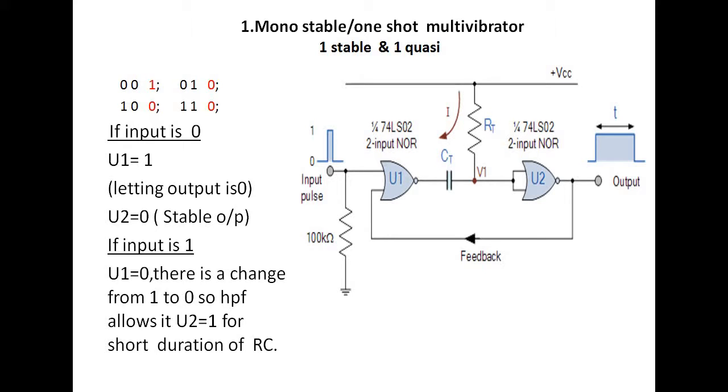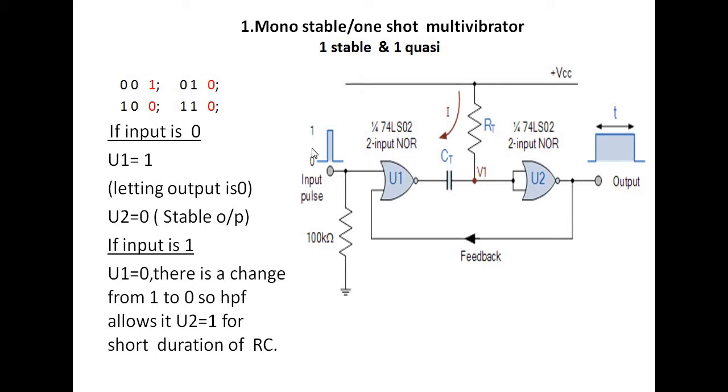Right? And one of the inputs is left free for us to change the states from high to low. So let us assume the input is 0. If the input is 0, the output of U1 is going to be, as one of the inputs is 0 and the other input is 0, 0 0. For 0 0 inputs, the NOR gate produces output, so the output of U1 is 1. The same 1 will travel to U2, and the output is going to be 0.